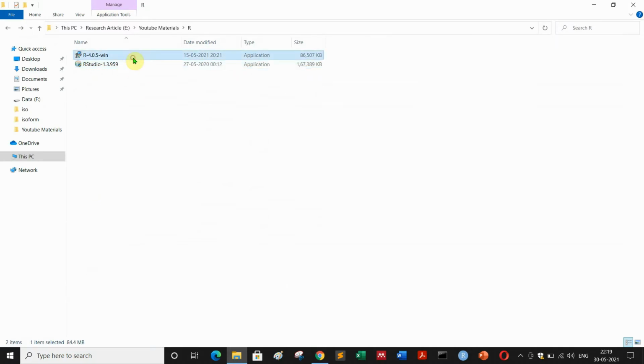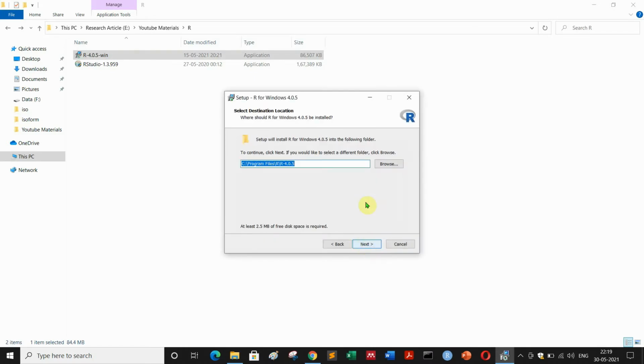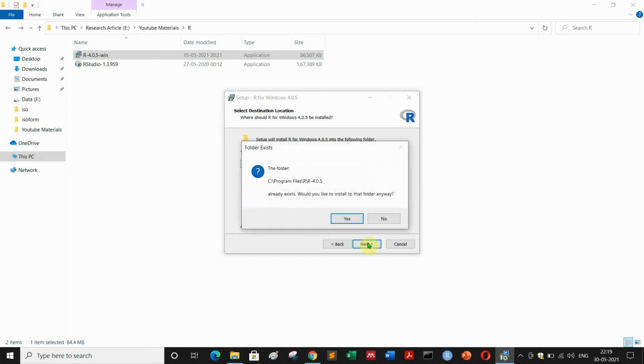So first you have to install the R, okay, before installing Rstudio. So just click on the file and then select this, and then it will automatically create a directory where the software will be installed. So this pop-up is showing that I've already installation file in this folder, and it is asking if I want to install it in the same folder, but as I'm not going to install,